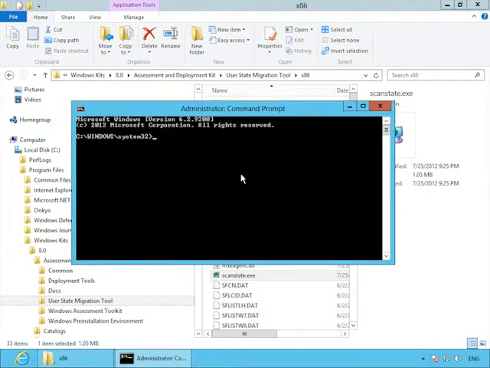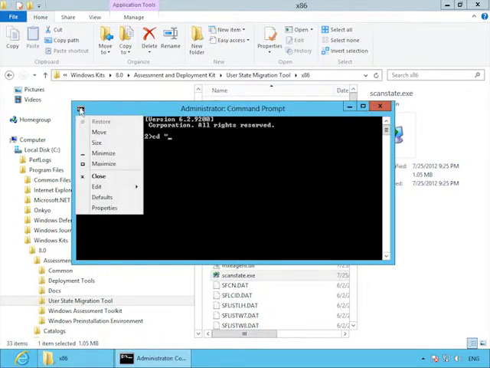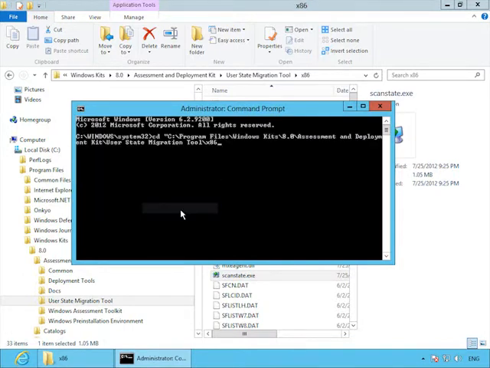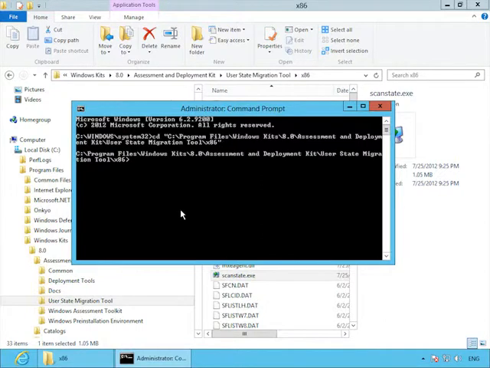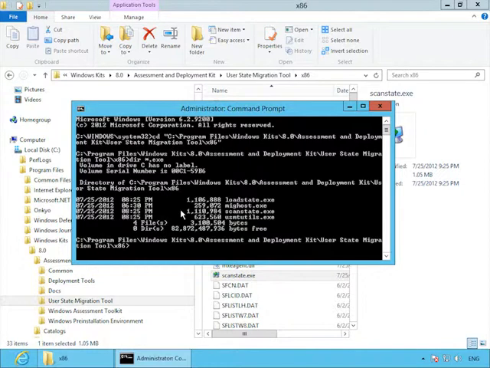I'll use the CD command, which means change directory, and a quote. Then I'm going to paste it in there. In a command prompt, you have to click the box in the upper left, click Edit, and then click Paste. Because it's in quotes, it doesn't matter that I have spaces in it. And now I can check the directory for all executable files, and I will see the tools that I need: